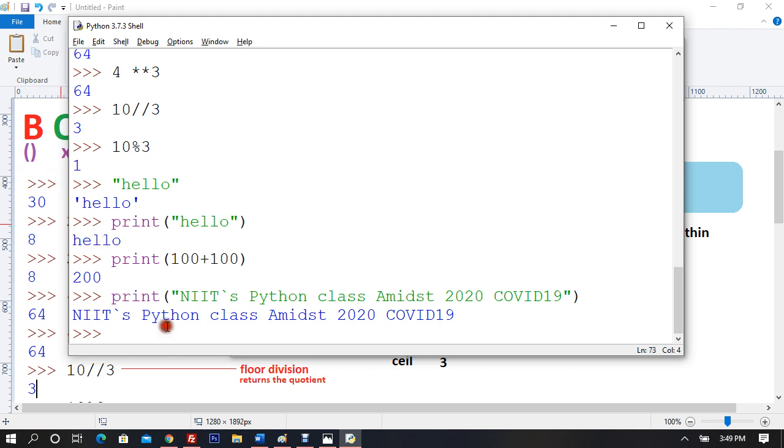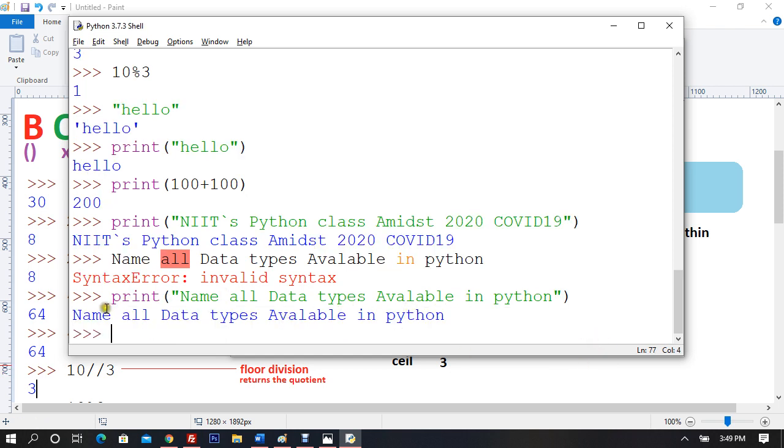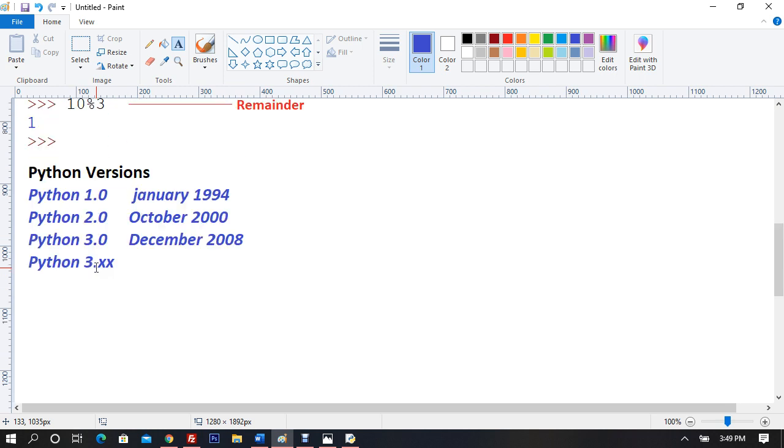All right, now the question is going to be, name all data types available, right, in Python. Now name all, so I'll print it, rather I cannot print it directly. You can say syntax error, the language is not understood. I will say print, hey, I'm printing a collection of characters, which is, I'm printing a char, so now I'll have to print it within quotes. Name all data types available in Python. So now what are those data types which are available in Python? This is your question, so I shall mark this question right here. Alright, so I'll keep it here.